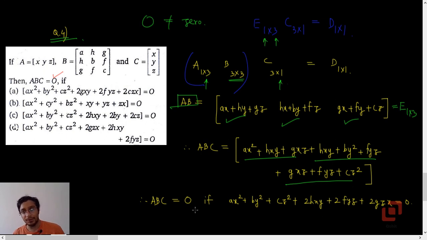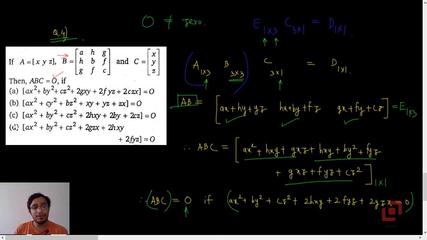So it will be a null matrix if this equation is true. If you want any product of matrices to be a null matrix, every entry of the product should be 0, but because this is a matrix of order 1, it should be equal to 0. Now you have already seen this particular matrix, or its determinant AH, GH, BF, GFC. You have seen this in the context of the general equation of second degree in X and Y, in the chapter on pair of straight lines.